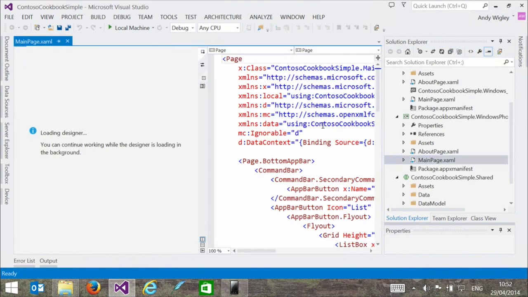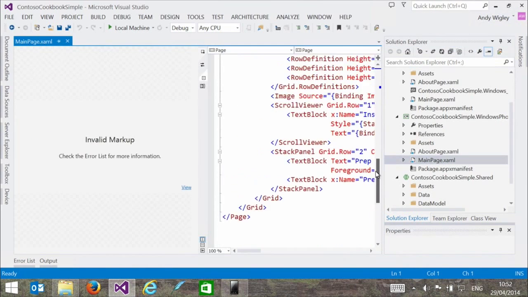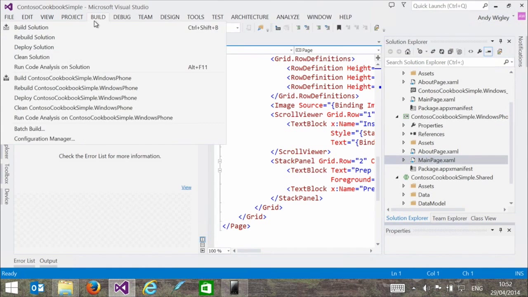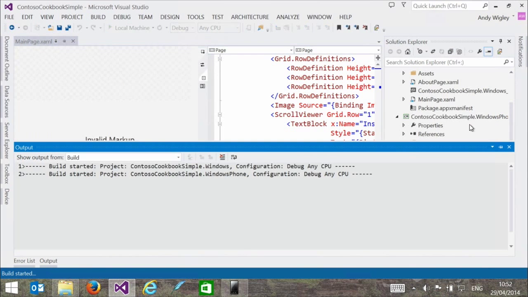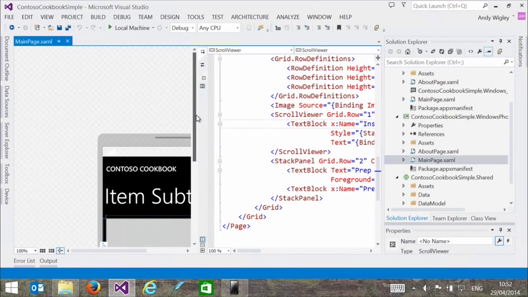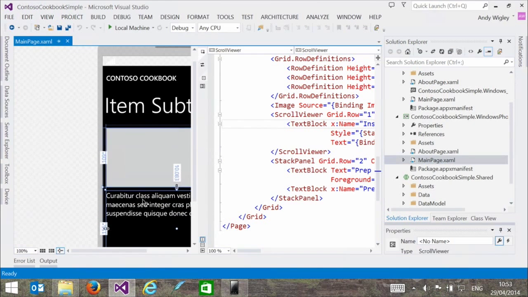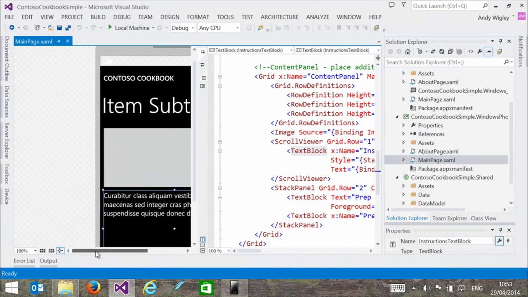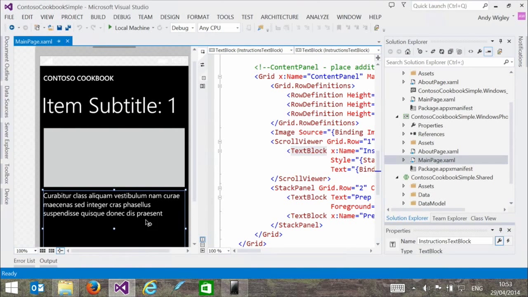If we go to mainpage.xaml, and we'll go down and find, okay, build. So here we've got some text, and if I go into this text block, you can set the foreground in the properties window.